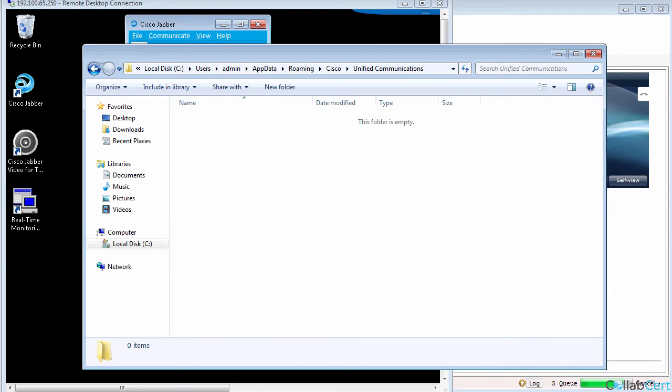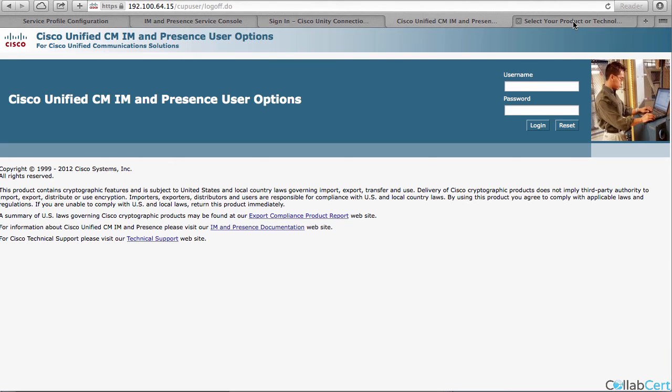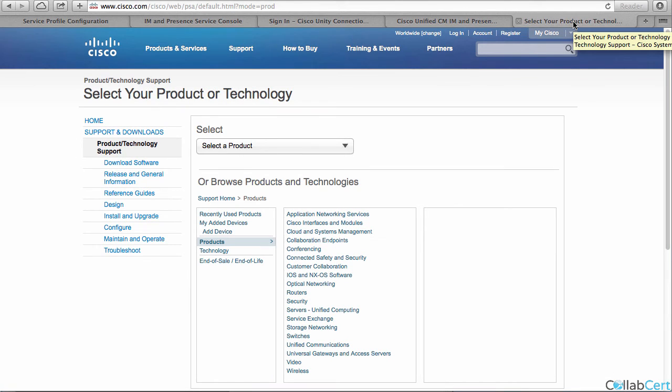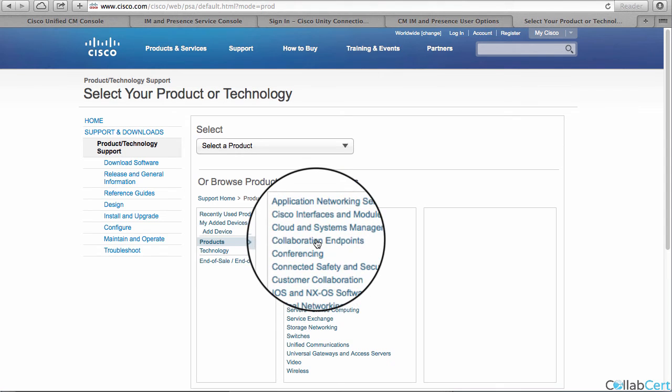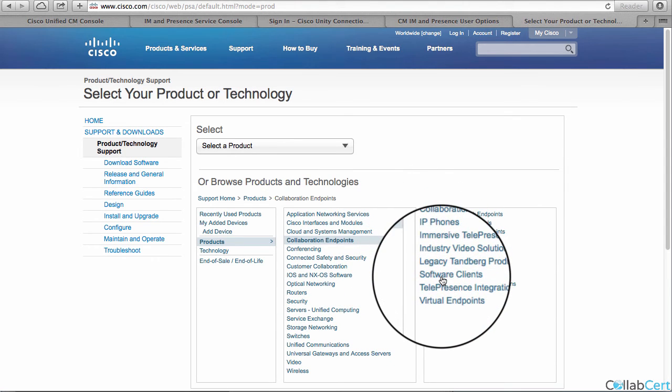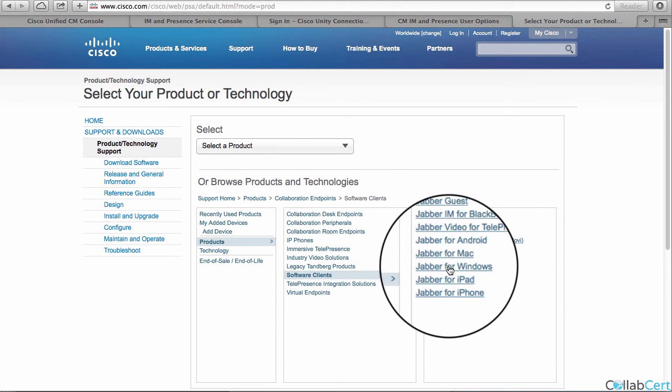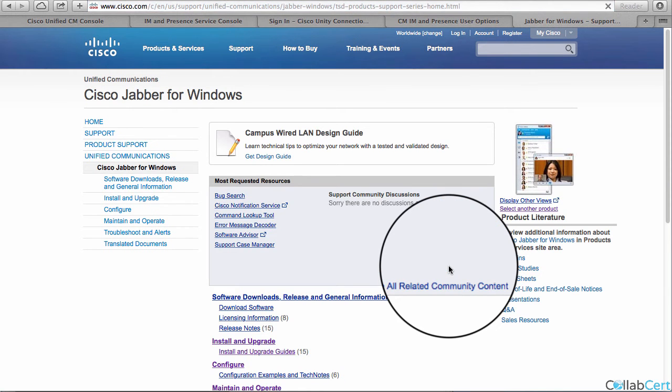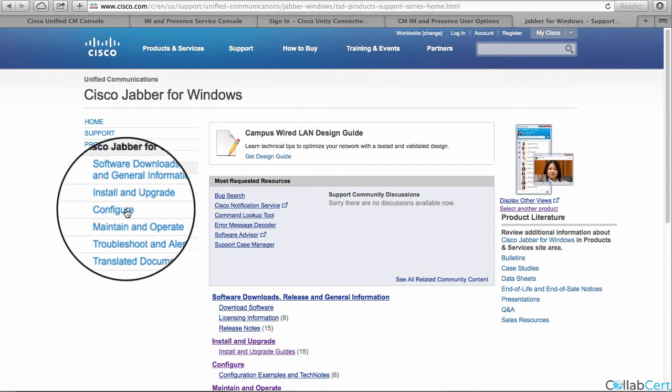Now I need to build an XML file to tell the client to use the Call Manager directory, which is known as UDS, user data source. So if I go to the Cisco support pages that you get in the lab, I'm going to go to collaboration endpoints, and then inside there, software clients, Jabber for Windows, and then install and